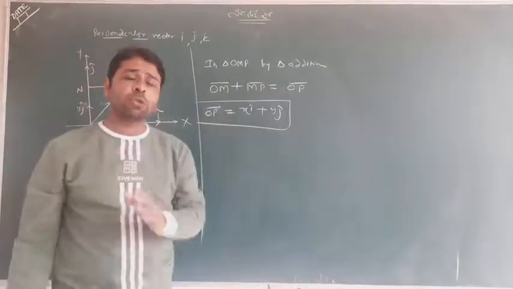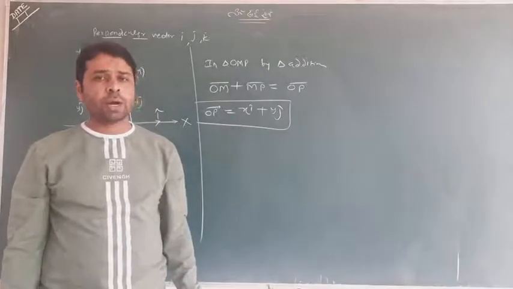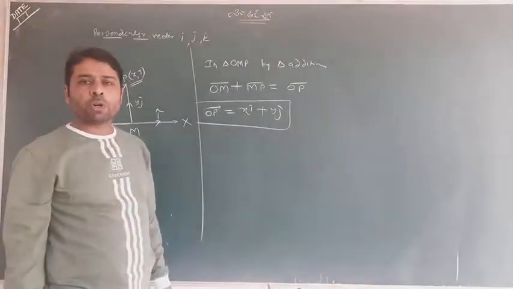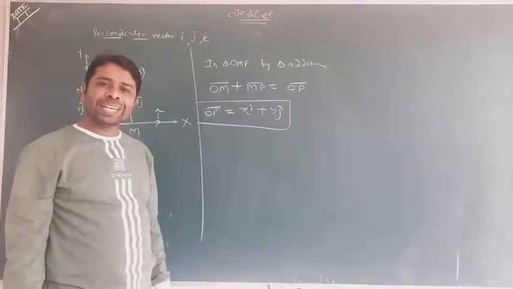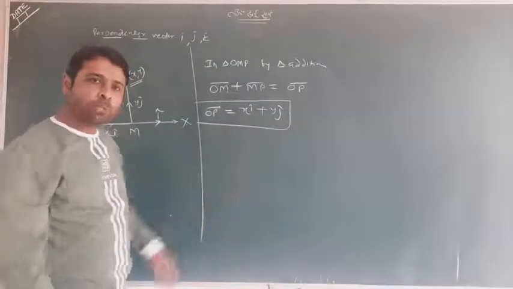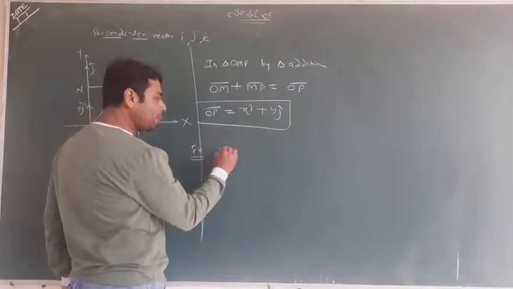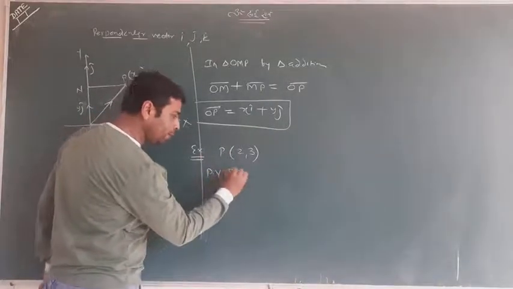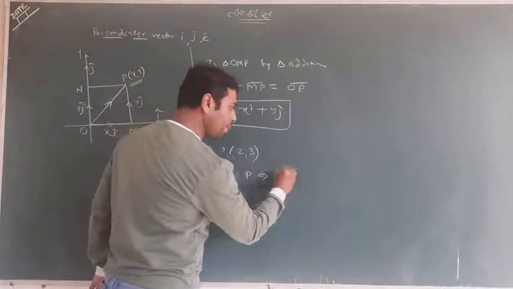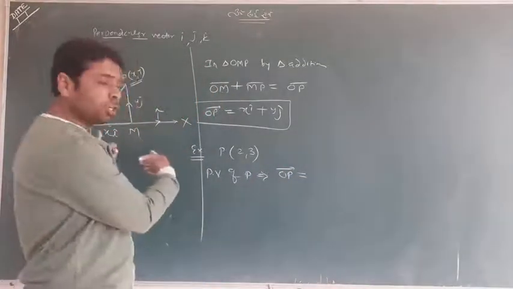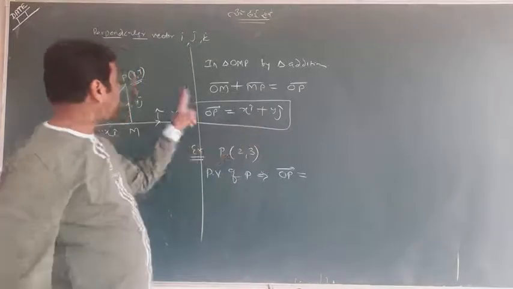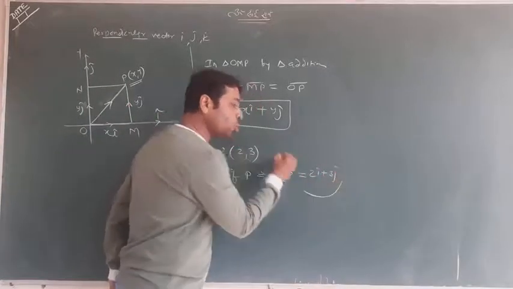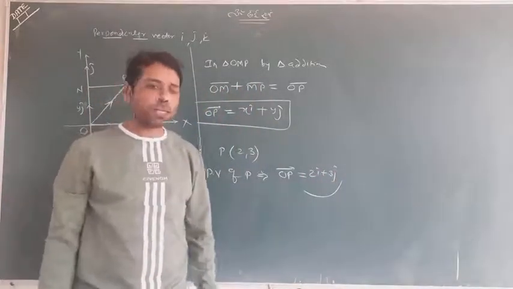Please try to understand this. It is a very important concept. Whenever the coordinate of any point is given and you want to find its position vector, you can write it like that. Can you see the example? Suppose P is at (2, 3). So what is the position vector of P? This will be given by OP, and without making a picture, you can write it like that: xi cap plus yj cap, which is 2i cap plus 3j cap. This is so simple.